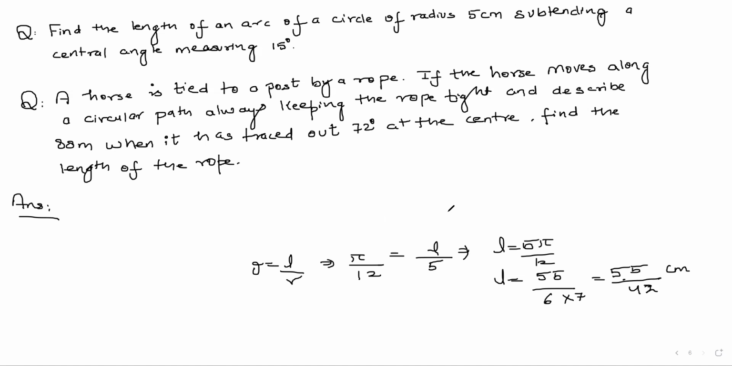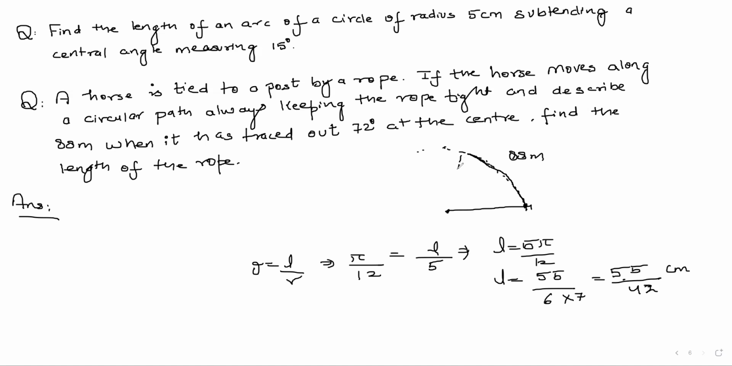Suppose this is the post, this is a rope, and this is your horse. Okay, this is the horse. You move in this way, like this, and this rope is tight. How can I describe 88 meters? It is the work done along the arc here, so 88